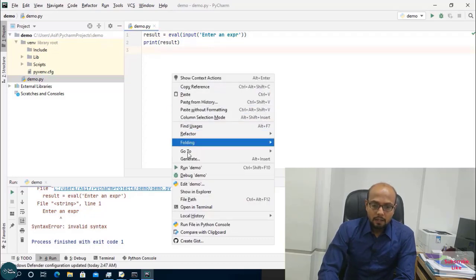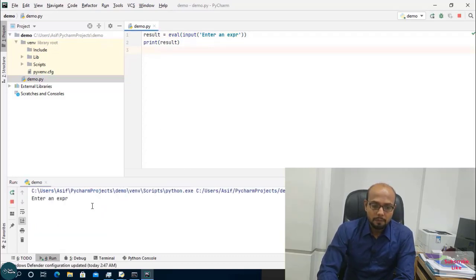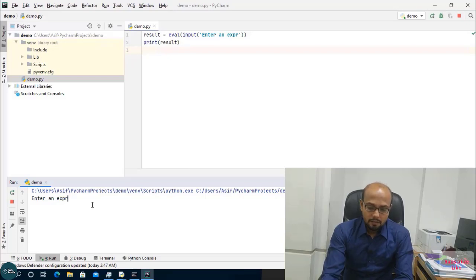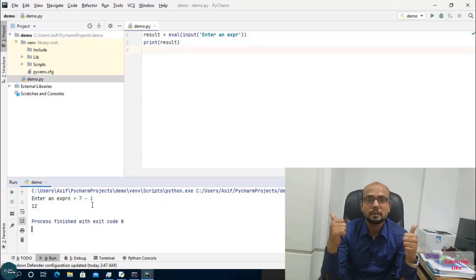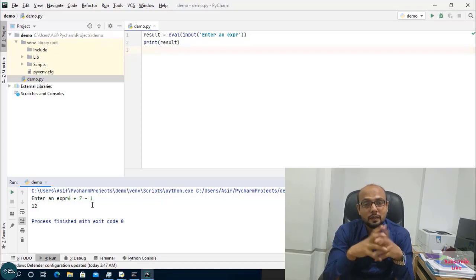Yes, if I enter that expression again, look, I got the answer 12, because 6 plus 7 minus 1 is 12. By the eval function we can work with an expression.